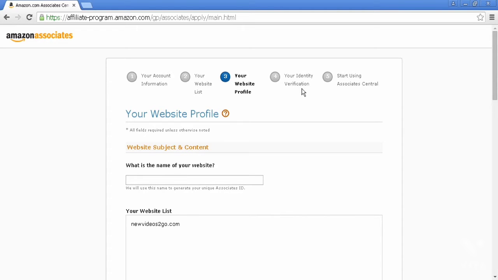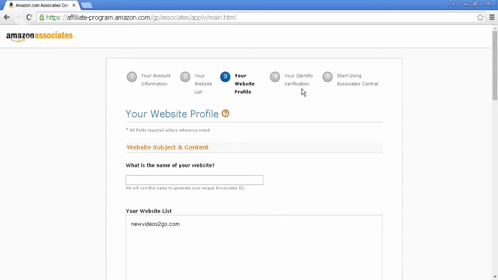And this usually means taking a scan of some type of official document, or your driver's license or your passport or some other type of official document that has your name and your address on it. Sometimes it's going to vary depending on which country you live in. It is going to determine what type of information they're going to want to verify your identity. For example, in the UK, you have to provide some sort of official correspondence from the Inland Revenue, which is